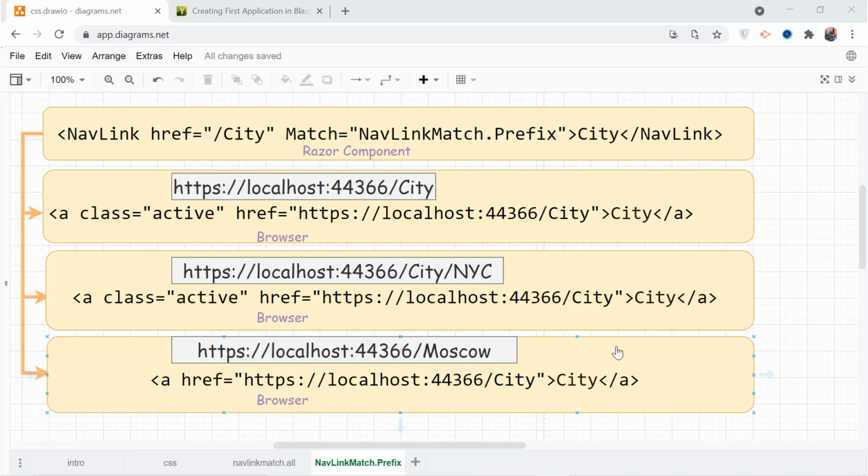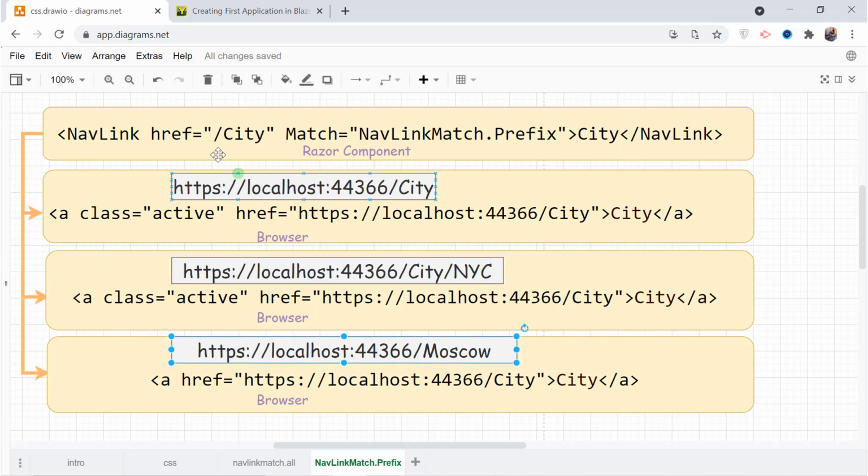Now let us see how NavLinkMatch.Prefix works. This is the Razor component and it contains the NavLink component, and this Razor component is called in 3 pages, and these are the URLs of the pages.